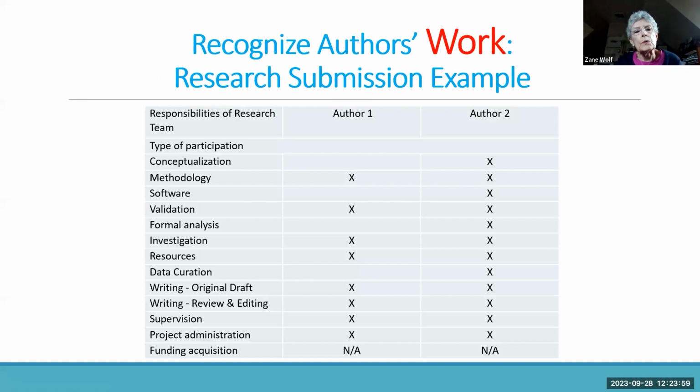And I just put this up because it has some of the contributions of the authors, and that can come either from the International Committee of Medical Journal Editors or from CRediT, which is out of Elsevier. But the authors have done at least a lot of work, I would assume most of the time, to get to this point. So respecting the work, even though you may not think it's meritorious in terms of being published,